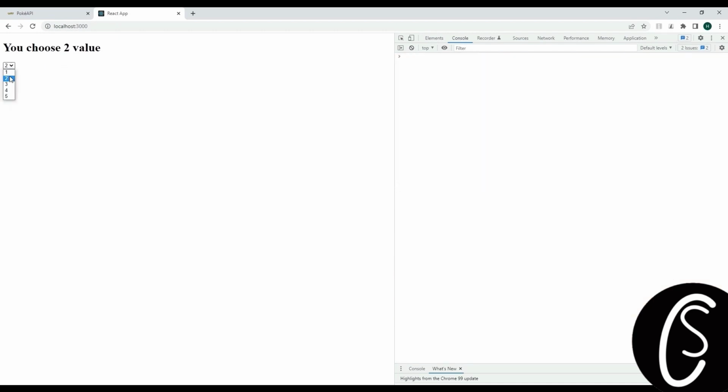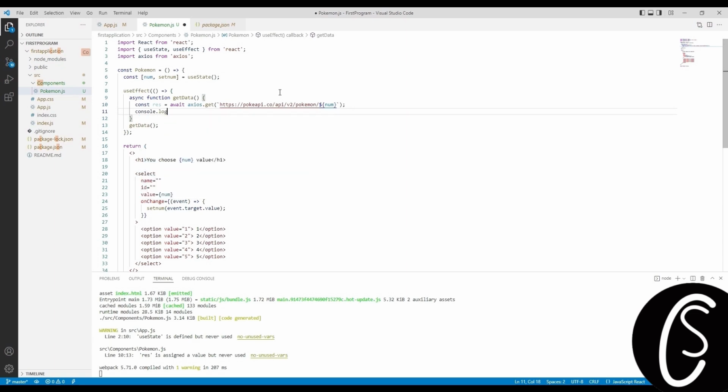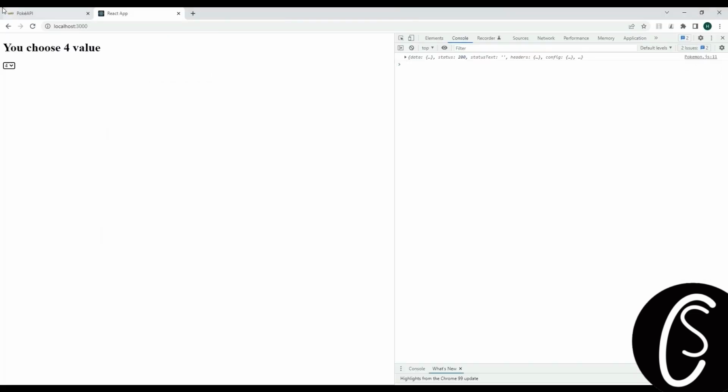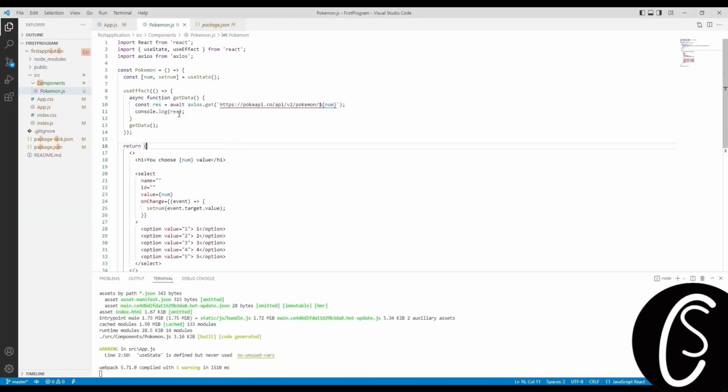So I've already shown you how to fetch the data. I'll write console.log(res), and in this way we can get real-time data through an API. So in this tutorial we'll show the name and the moves of the Pokemon on the basis of these numbers. For displaying the names and moves of Pokemon, we'll write console.log